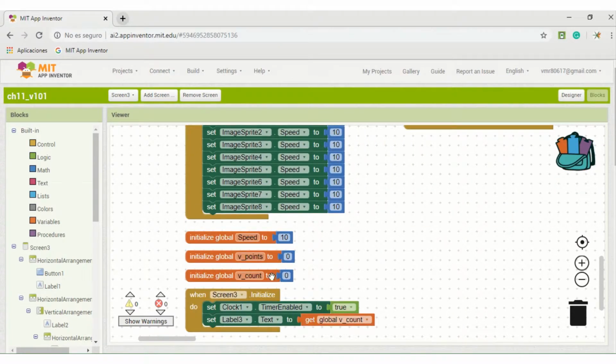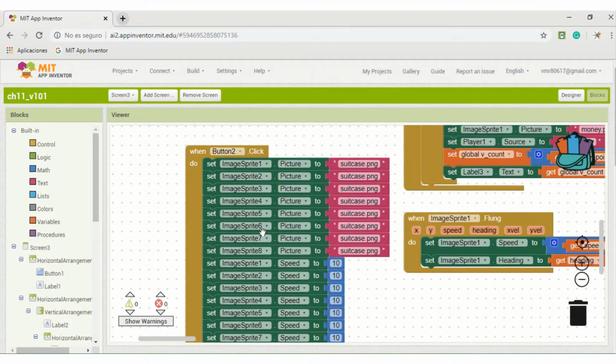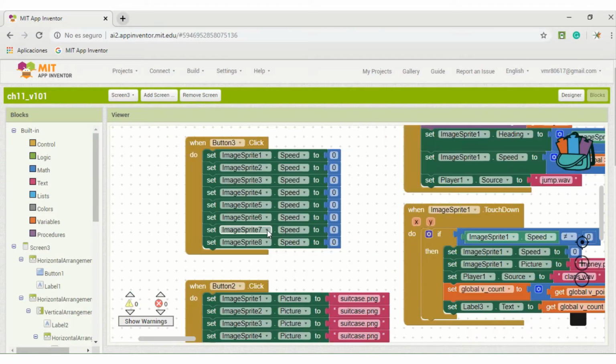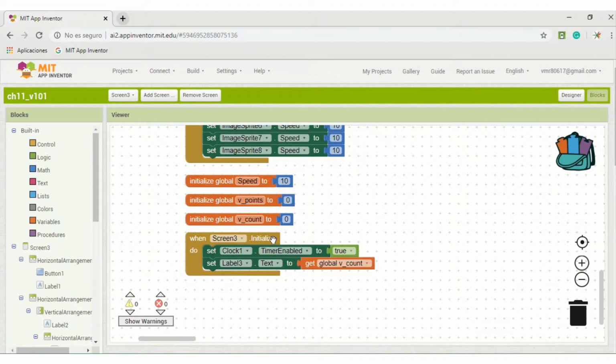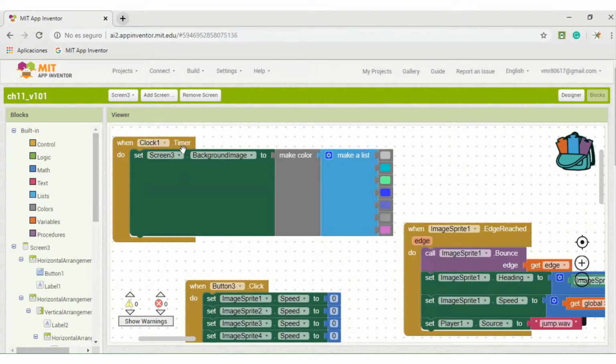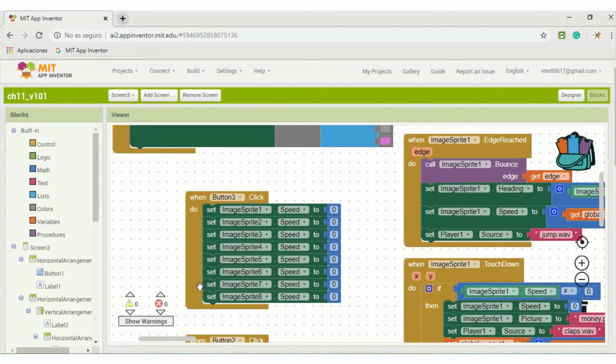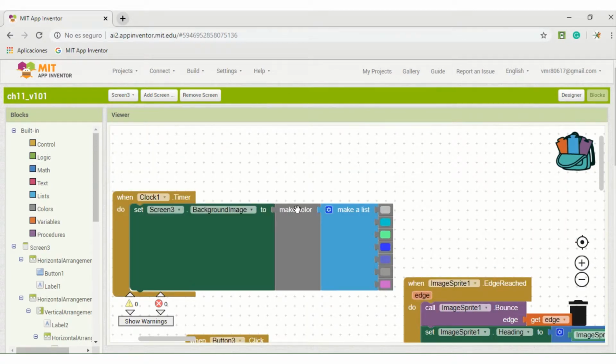We have 3 variables, and when the screen initializes again, it's going to set the timer to true, and the value of the global count is going to be the level 3. And when the clock is activated in Screen 3, it's going to change the color